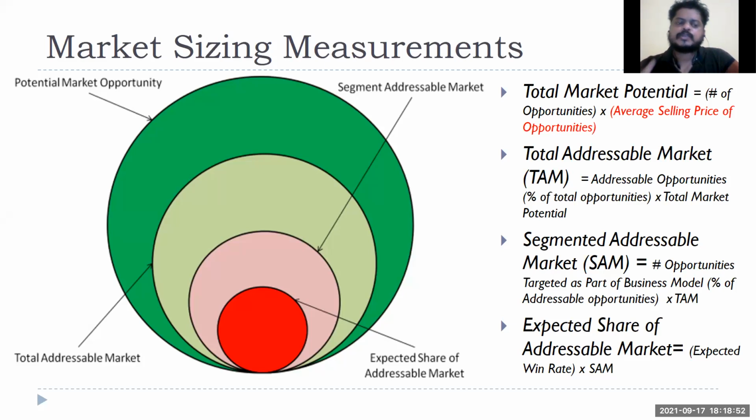So that is where the total addressable market comes into the picture. Which market can I address in the near future, this year and in the next 2 to 3 years? That is where you'll find the addressable opportunity, which is a percent of total opportunities. So rather than looking at the whole world,